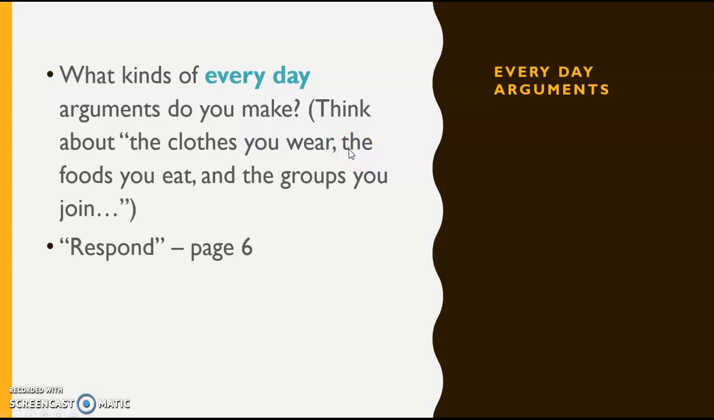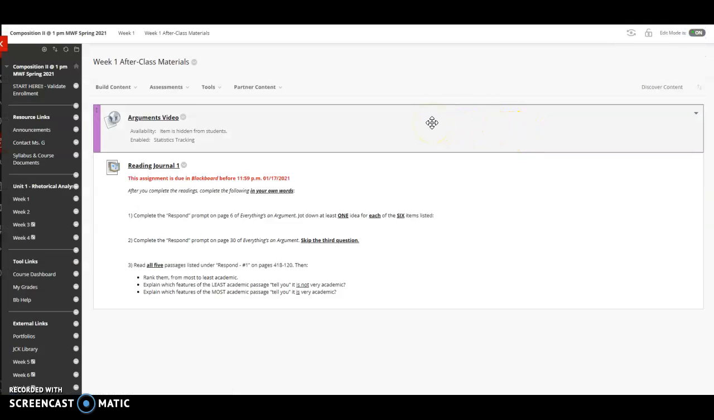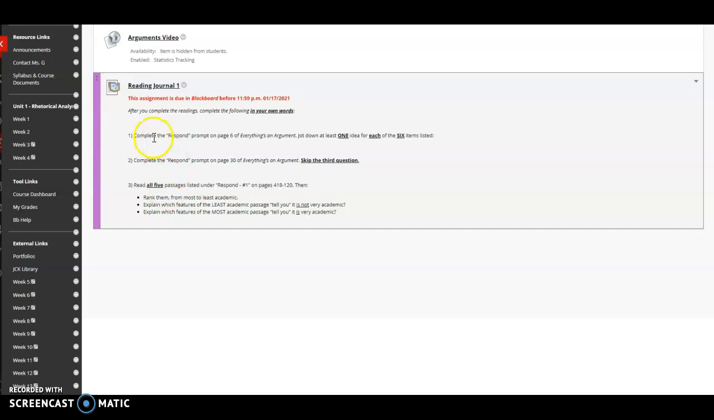Next, I'd like to point you to page 6 of Everything's an Argument, and that's one of the pieces of the reading journal that's due. I'd also like to look at the Respond on page 30, another part of the reading journal. So here I have before me the reading journal, which you can find in the after class materials folder for week 1. I'm currently recording the arguments video, and that will be available once I'm done. For the reading journal, there are 3 pieces, and the first 2 are what I mentioned before, pages 6 and 30. On page 6, we have a prompt that asks us to think about the arguments expressed by 6